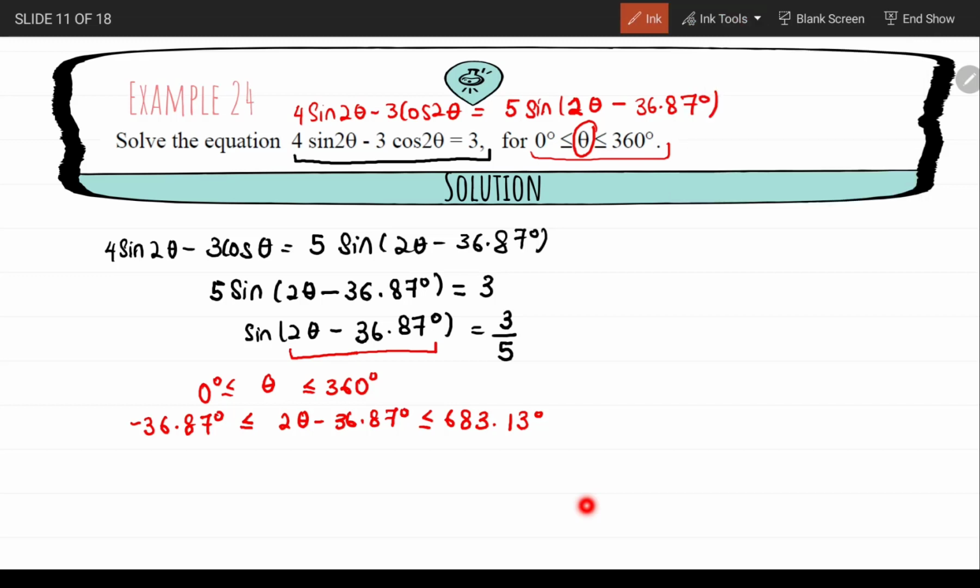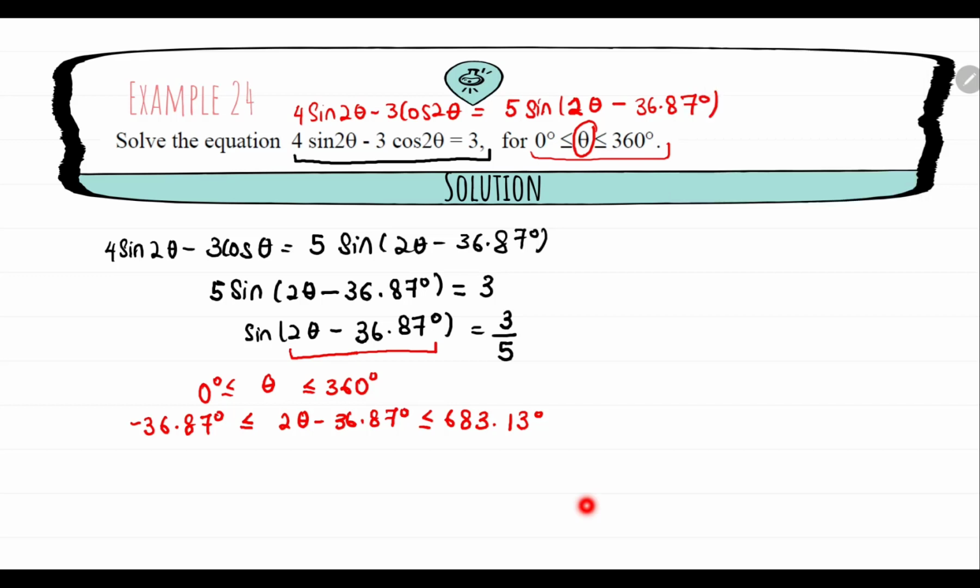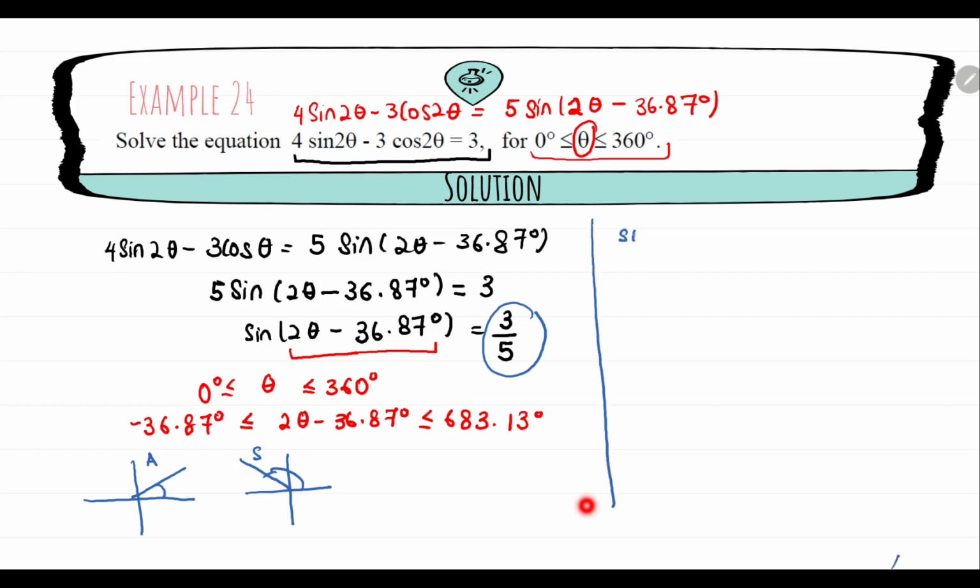Now let's check the sign. Since 3 over 5 is positive, sine positive means we will have angles in the first and the second quadrant, which belong to All and Sine. So we will have angles in these two quadrants. Before we find the angle, we need to find the reference angle. Sine α is 3 over 5. Therefore, α is